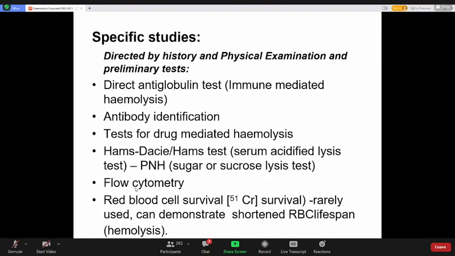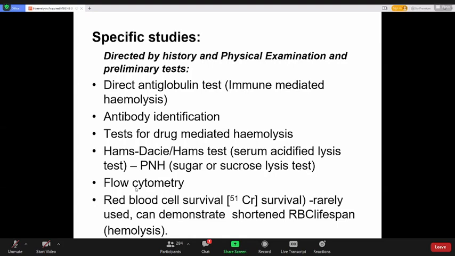Okay, then at the end of that, of course, you want to find out what is causing the hemolysis. And remember, we've looked at immune, we've looked at autoimmune and alloimmune, we've looked at the non-immune causes. So of course, you want to find out what is the specific pathological cause or disease that is giving you the hemolysis. And there are laboratory tests that can direct you, which are directed usually by the clinical history of the patient. They're directed by the physical examination that you do as a doctor,